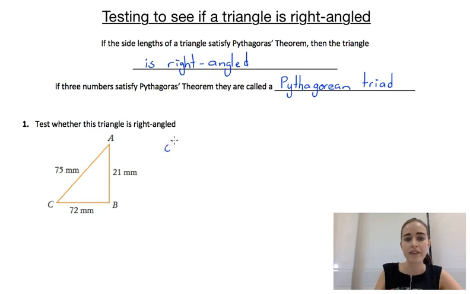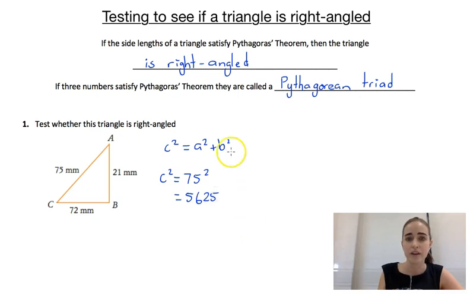So we know that Pythagoras' theorem is c squared equals a squared plus b squared. So what we're going to do is find c squared separately, and then off to the other side, we're going to find a squared plus b squared, and see if they are equal to each other. So c squared, we know that c is the hypotenuse. So in this one, that's our 75. So that would be 75 squared. And if you put that in your calculator, you're going to end up with